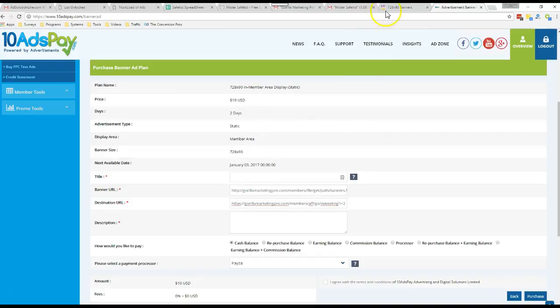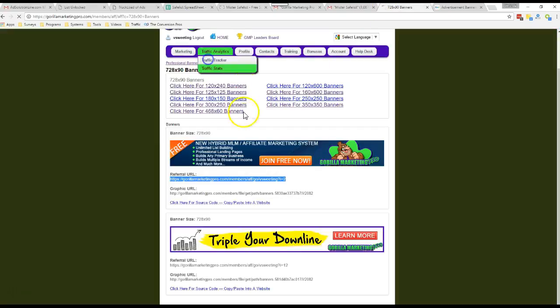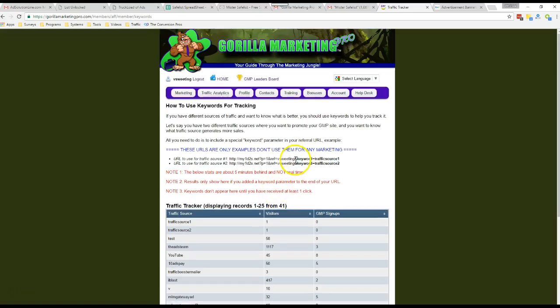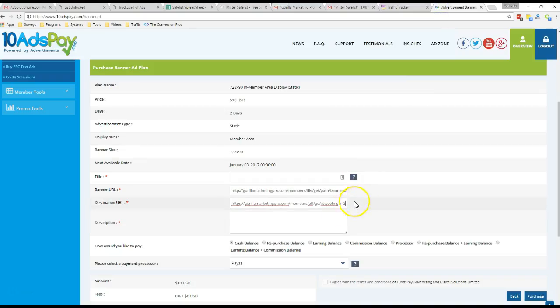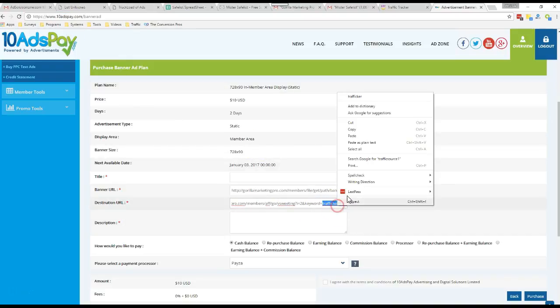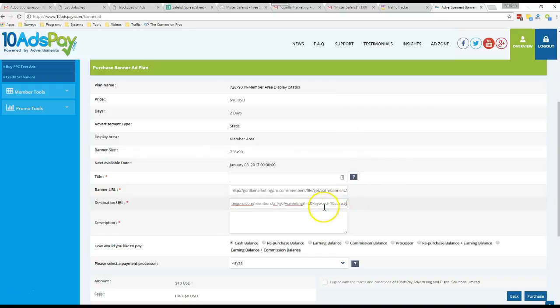Paste it there. And remember, we're tracking, so go back to tracker. And right here where this dark writing is at, we're tracking. So I'm going to hit Control and the letter V. And I'm going to copy 10 ads pay. And if you were doing a login ad, I would put 10 ads pay login ad, but this one you could put